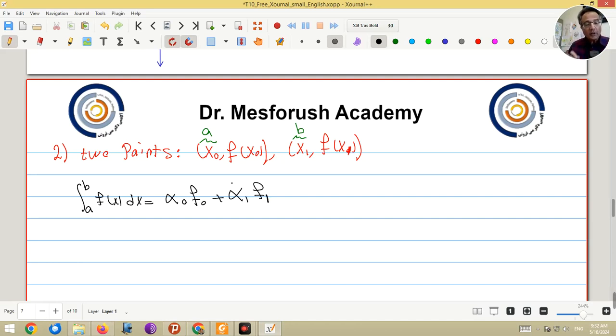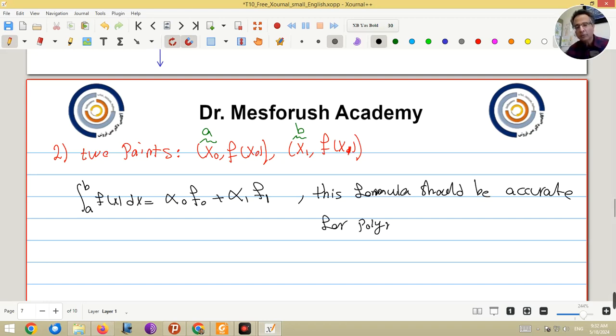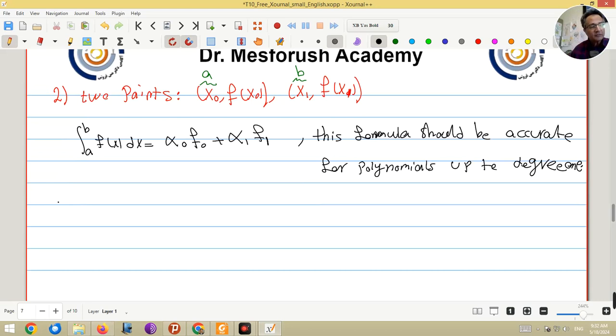This formula should be accurate for polynomials up to degree 1. Okay, so it should be accurate for f of x equal to 1,